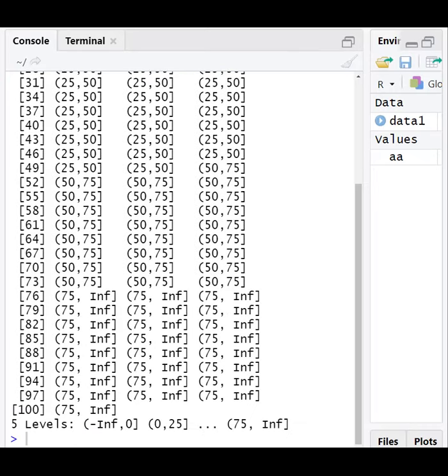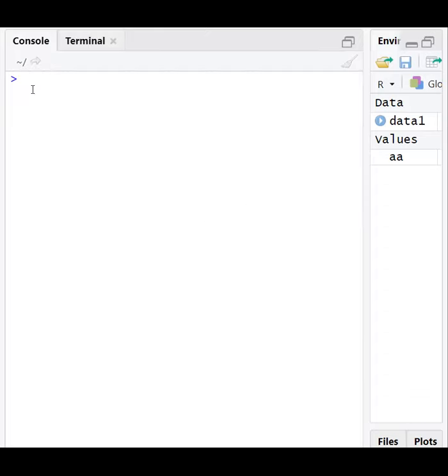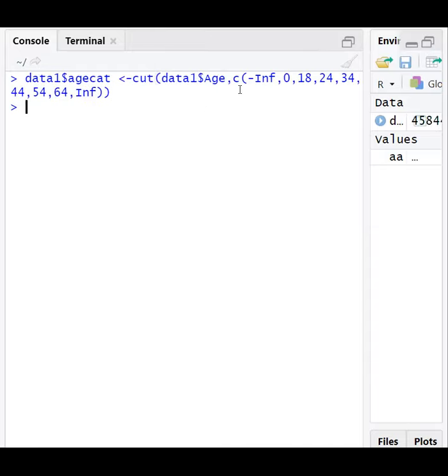So in our example, let us clear the console. Yeah. We are cutting the value data age into this many categories. It would display only 1000 values if we cut it, so we are not displaying the cut result. Instead, we are storing the cut result in another column.